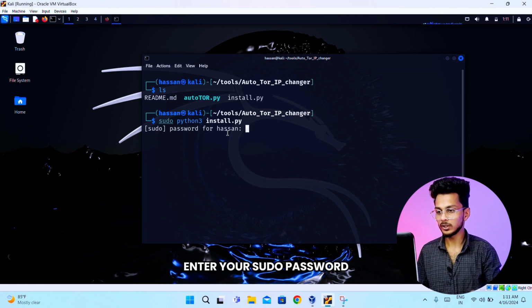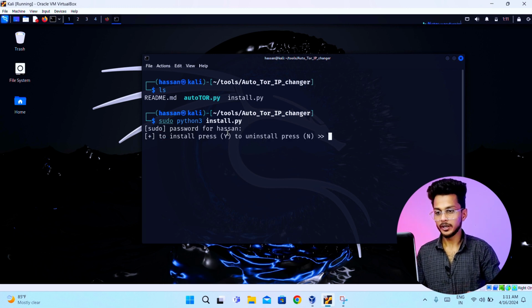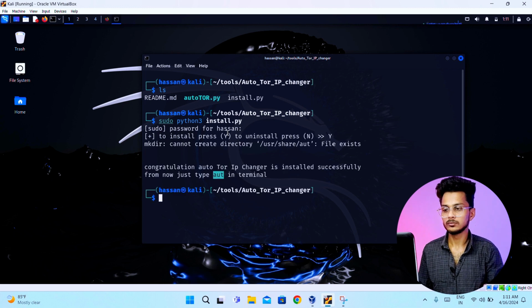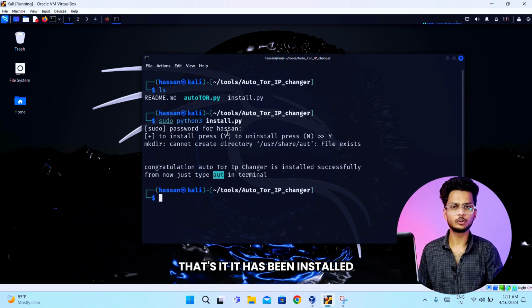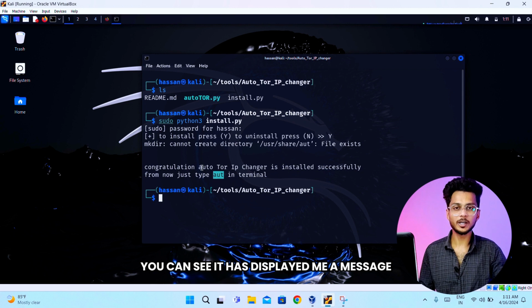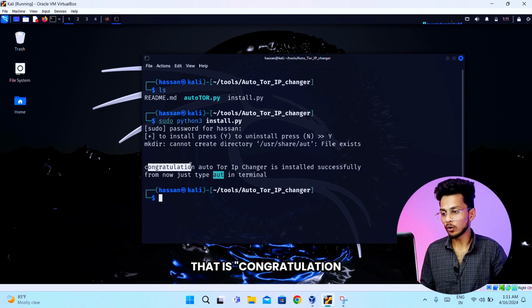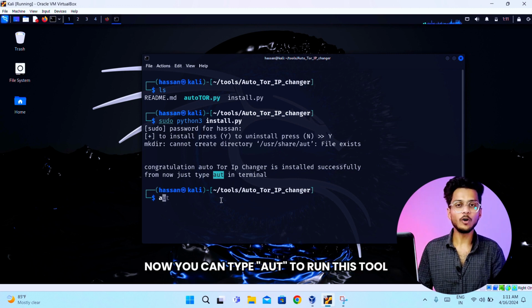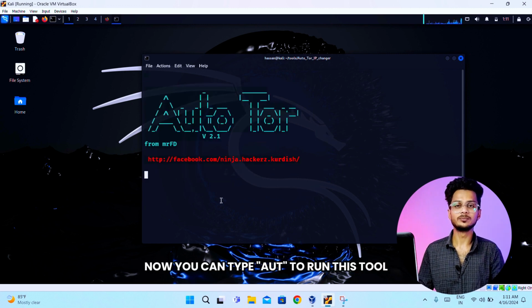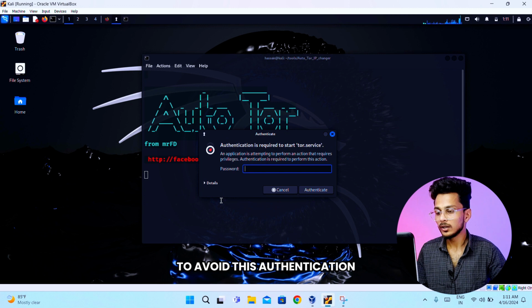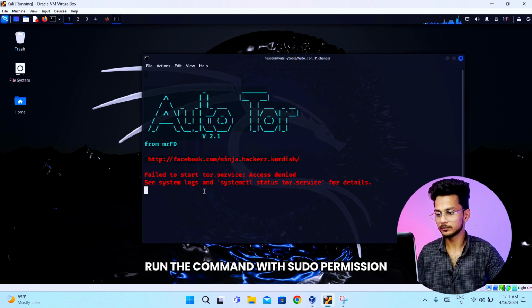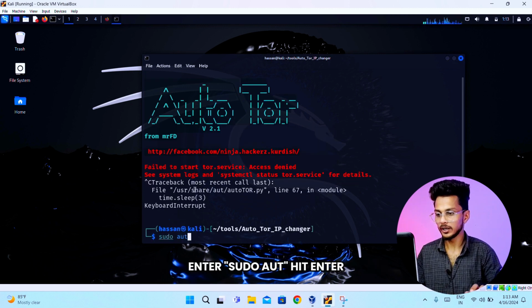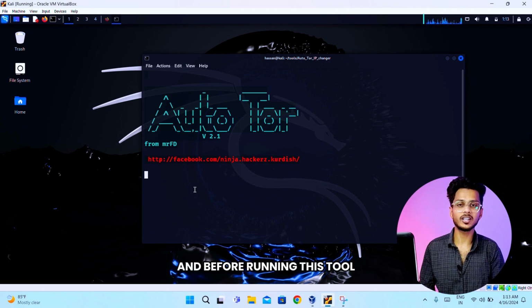Enter your sudo password, enter y and hit enter. That's it. It has been installed. You can see it has displayed a message that is, congratulations, Auto TOR IP changer is installed successfully. Now you can type AUT to run this tool. To avoid this authentication, run the command with sudo permission. Enter sudo AUT, hit enter, and before running this tool, you will need to change some settings in your Firefox